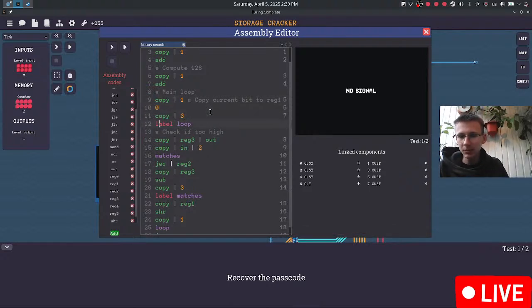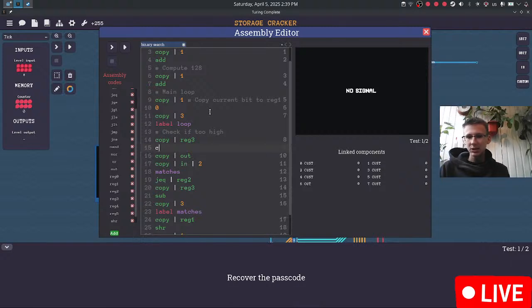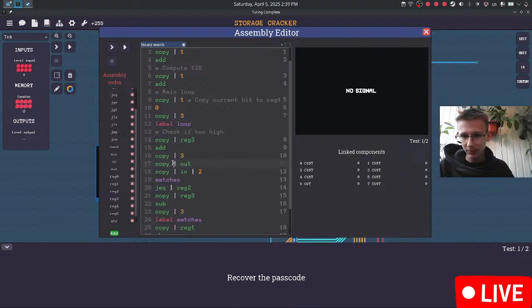So I'm gonna load this, and then I'm loading register 3, then I'm copying, then I'm adding the thing. I forgot to add it. Then I'm gonna copy it back into register 3, and just for good measure,